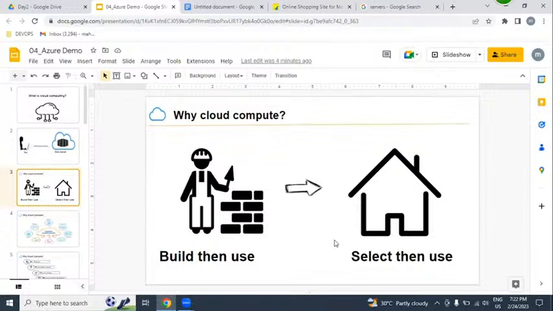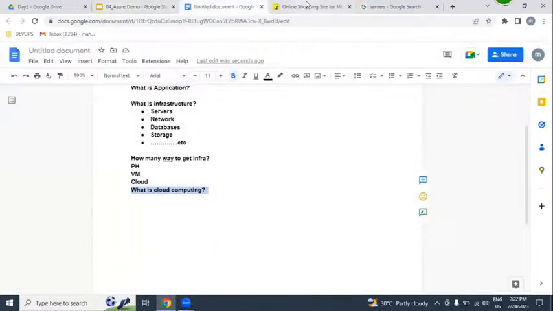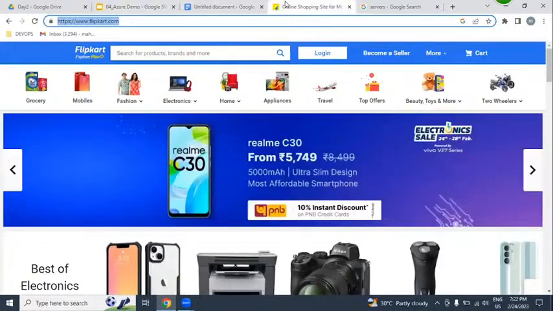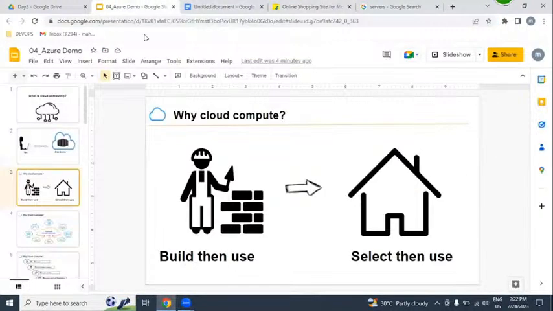As a friend, what is the purpose? Go to the railway station only. Just for reaching the railway station, are you going to spend 10 lakh rupees or 500 rupees? The purpose is reaching a railway station. Okay, fine. The same way, just for deploying our applications, Flipkart kind of applications, are you going to buy a